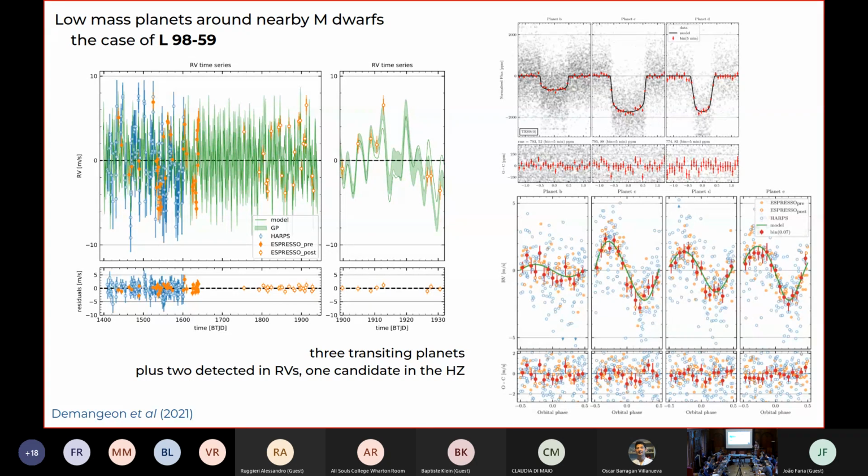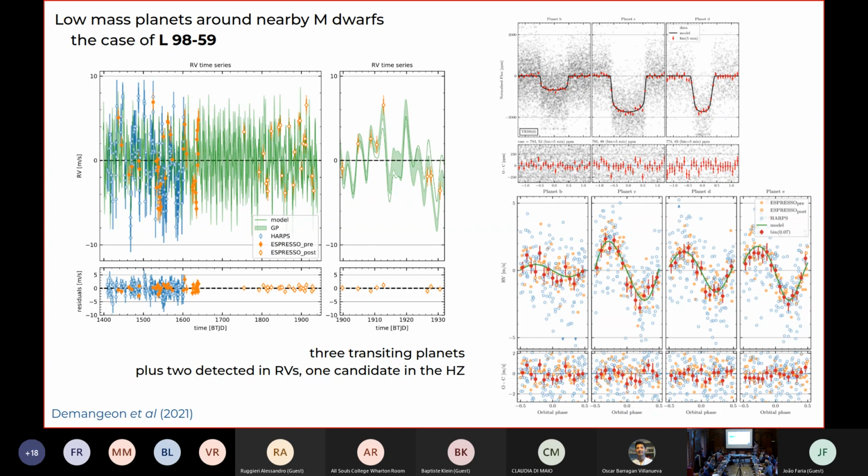This is part of the ESPRESSO programs that are searching for planets and confirming transiting planets. In this case, we have 3 known transits with TESS data, and there is a detection. We detected with ESPRESSO data 4 planets, so the 3 transiting planets, a 4th one, and a 5th candidate that could be inside the habitable zone of this star. And you see here how we had to model stellar activity for this